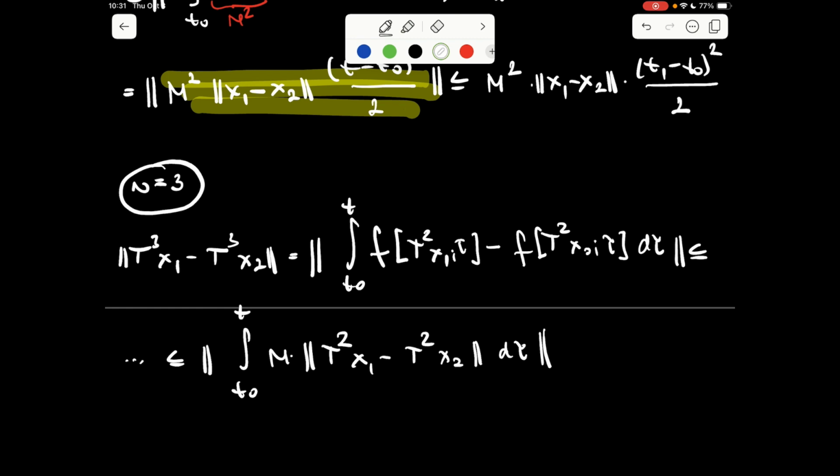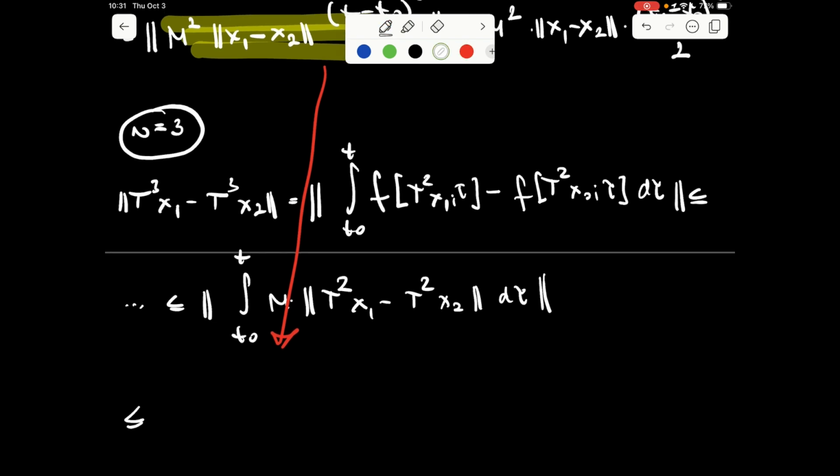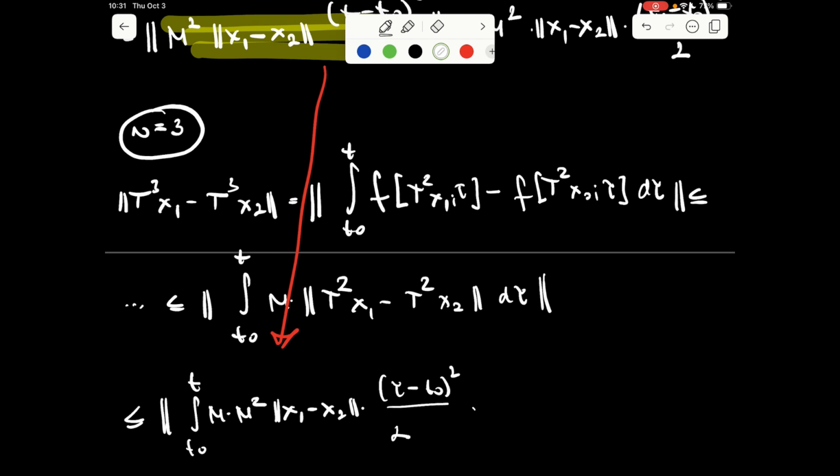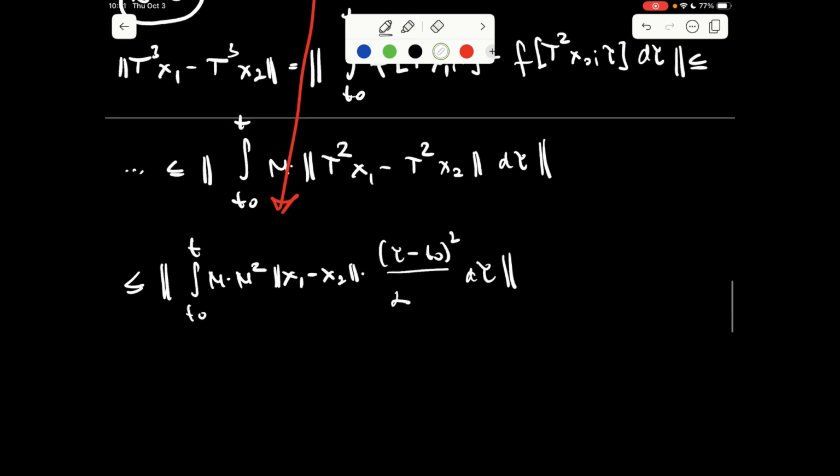And here we use this expression to say, okay, and finally, if we do the integral, of which we will take the maximum,